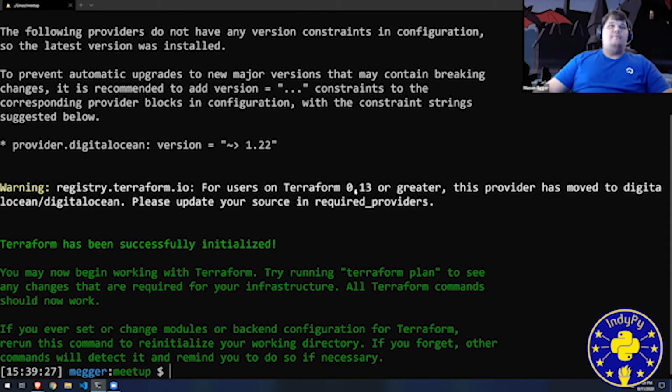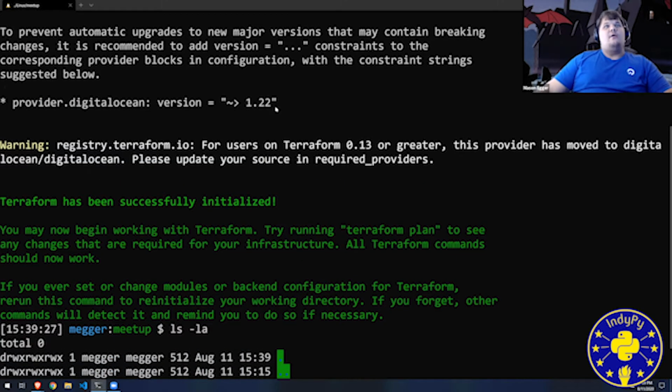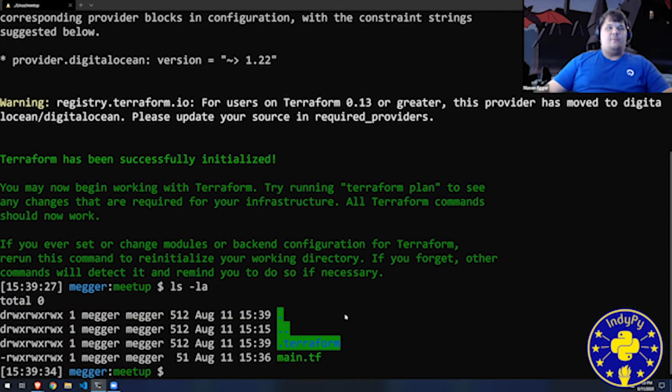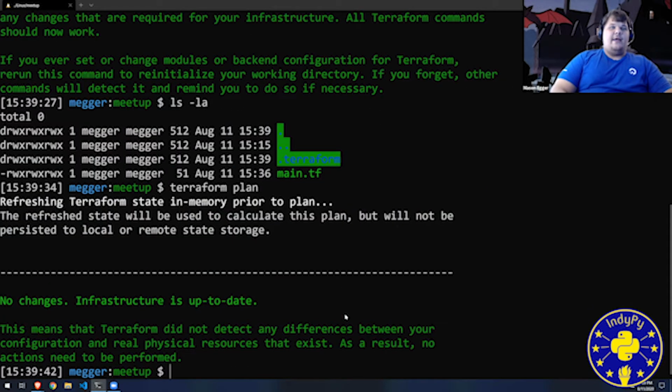Cool. So basically what this did is this directory now has a .terraform directory, and now this directory will run as a Terraform provider. So I can actually run a Terraform plan, and it should say no changes. It says no changes, infrastructure is up to date. I'm pretty sure it went and tried to check to see if my token was valid. If it didn't, we'll find out in the next one when I apply something. So now that we've done this,